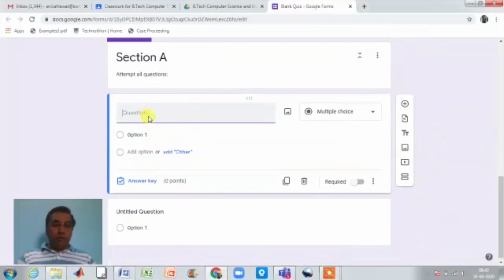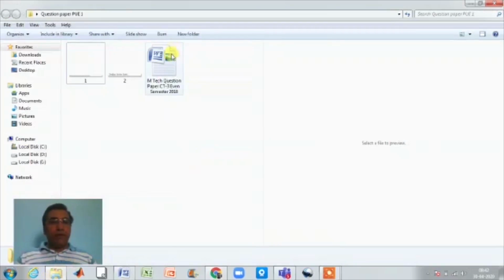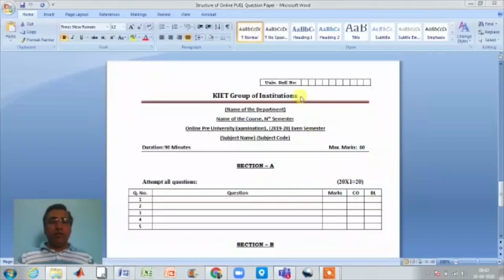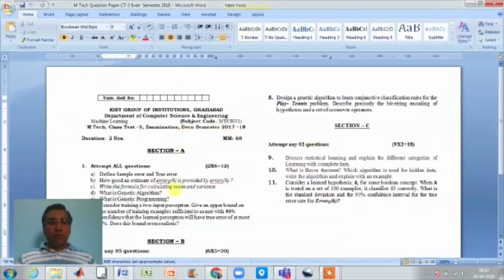Here you can type the question, or you can make it as a figure to avoid copying on Google by the students. So it is good to create your 40 images from all 40 questions separately. For example, if this is your question paper, then create an image for all the questions. Now the question is how you can create the image from the Word file.